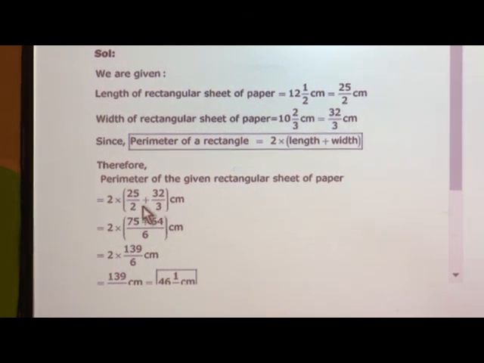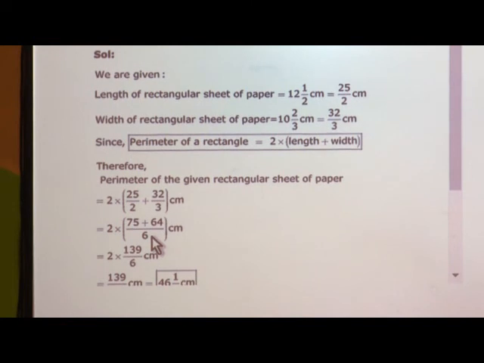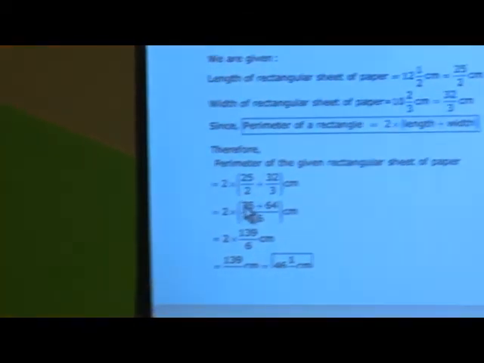You can see here we have different denominators. Is it possible to add them? No. Yes, you are right. First we have to go for the LCM. I had given you a trick. Remember that here both denominators are prime numbers. When they are prime numbers, we can directly multiply and find the LCM. So, here we have 2 multiplied by, inside the bracket, 75 plus 64 upon 6, meaning we took 6 as the LCM.